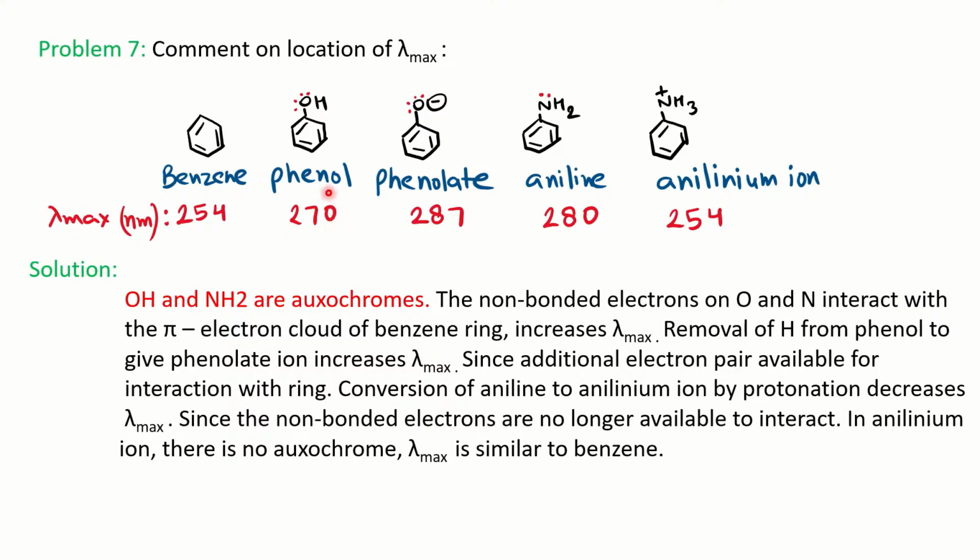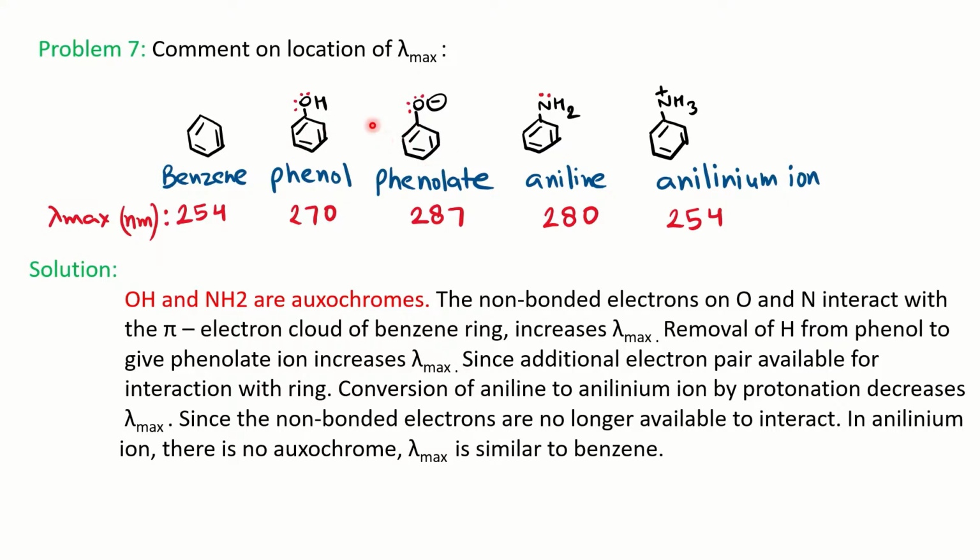Now if you compare phenol and aniline, aniline absorbs at a higher wavelength because the electronegativity of nitrogen is less as compared to the oxygen of phenol. So the lone pair on the nitrogen will more easily participate in the resonance or conjugation as compared to phenol. Therefore, the conjugation is extended here, so the wavelength of absorption will be higher as compared to phenol.